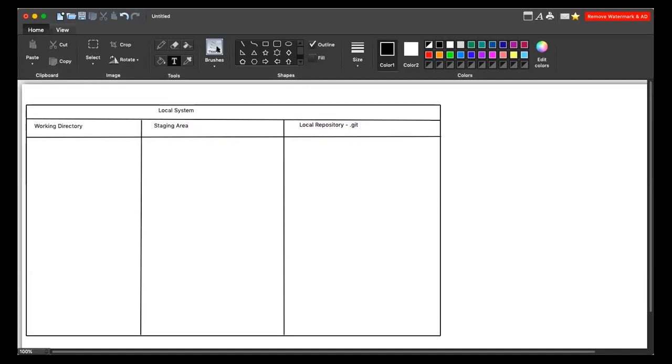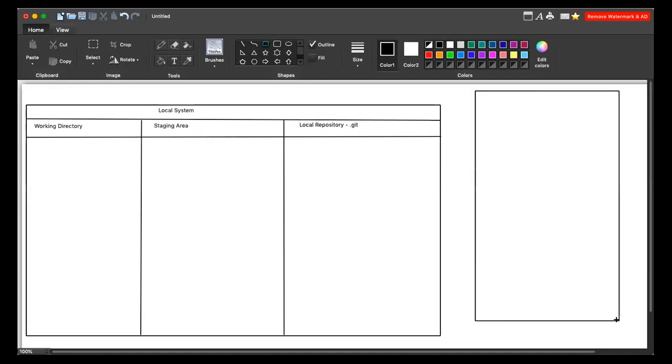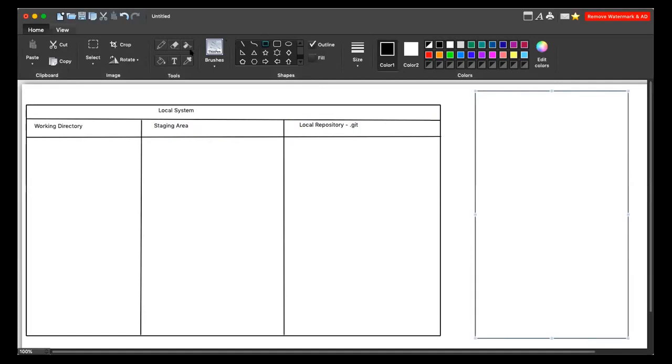And finally you have the cloud repository.